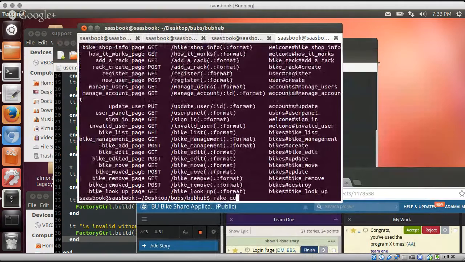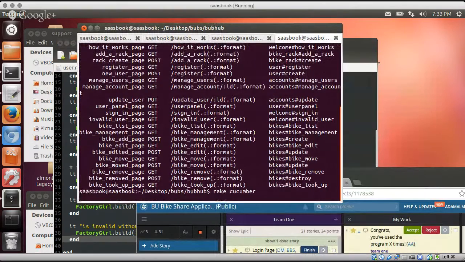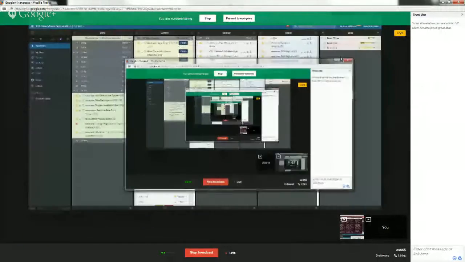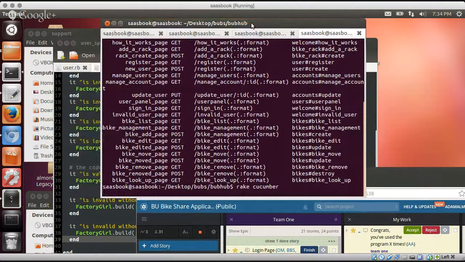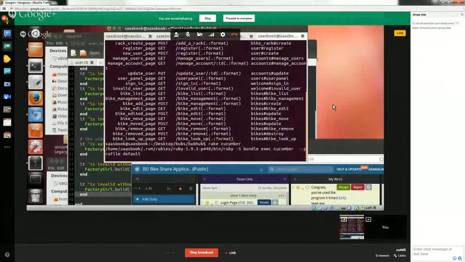Is it rake cucumber? Well, that's one way to call it. There's a number of ways. Bundle exec cucumber. You can call it with options. Okay. Just give it a second. So, in the meantime,